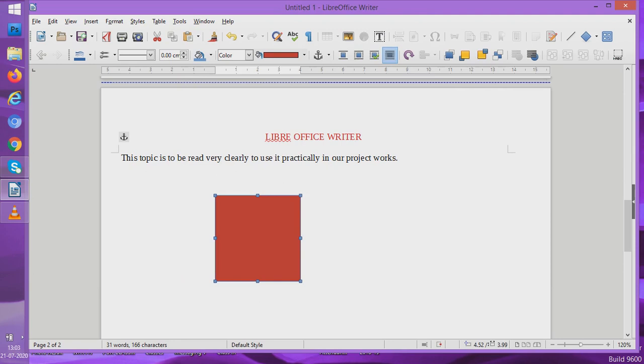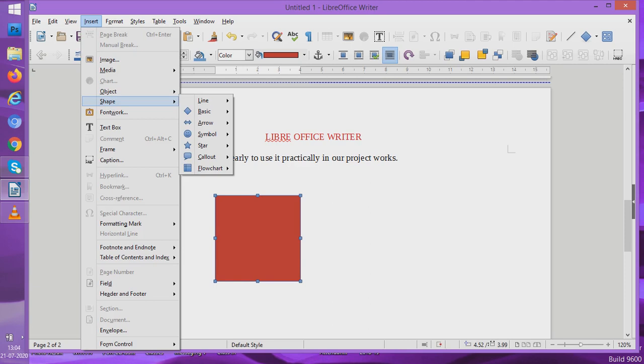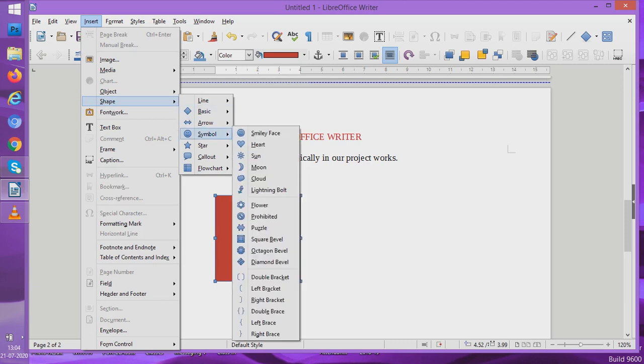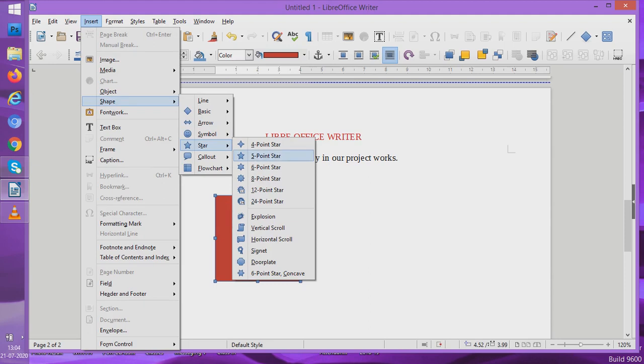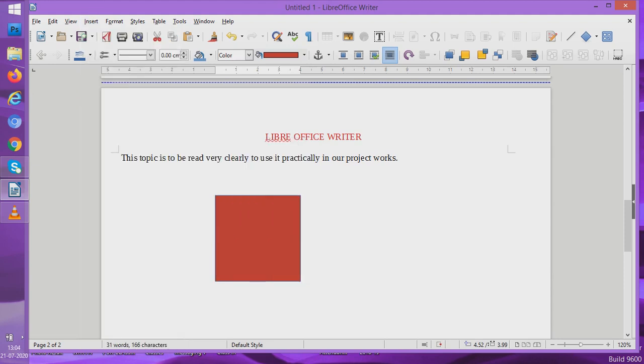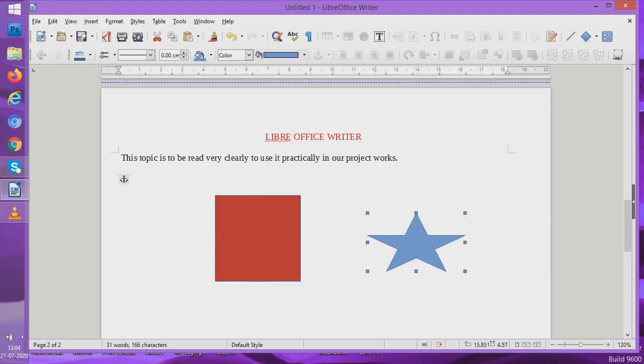Different types of shapes are there, as I said, and these shapes can be used very easily. How did we go? We went to insert, we went to shapes. Now in shapes you have symbols, you have arrows, you have stars, anything you can use. Bring it here, drag it using a mouse, and it is there. You can use it for your work. So these are the usages of shapes. So students, you can put shapes on your given document.